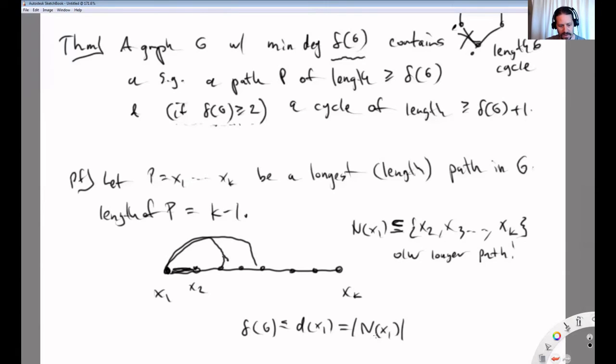But the cardinality of this neighborhood is less than or equal to the cardinality of the set that it's contained in, right? We're still early, so I'm doing all of these steps here; later on I may not. The cardinality of that set is exactly k minus 1, right? And so this long inequality here,